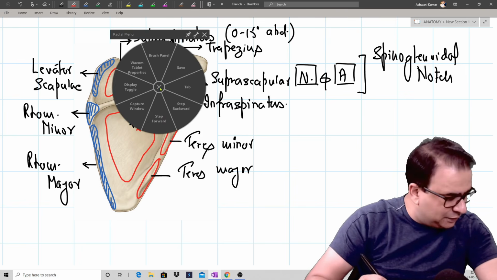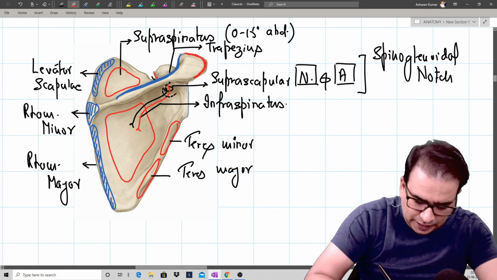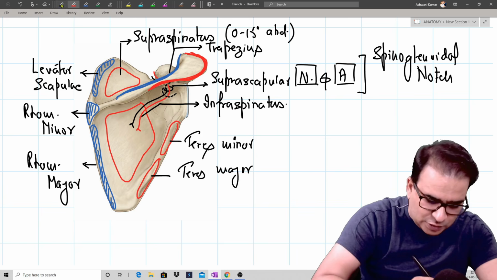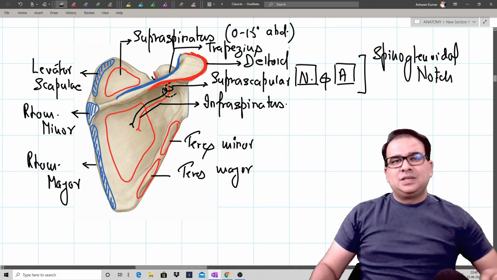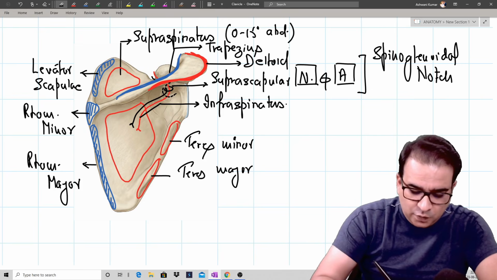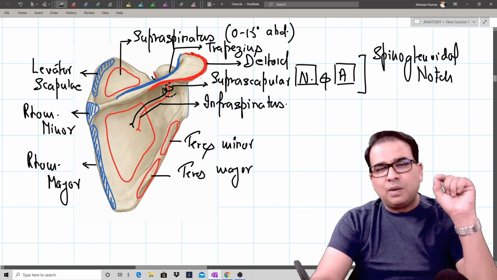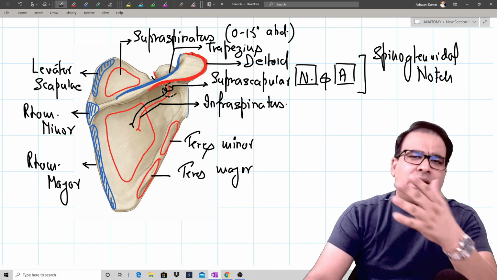And then we have this extensive origin of the deltoid muscle. Deltoid muscle, middle fiber will come from this acromion process, and posterior fiber will come from the lower lip of the spine of scapula. Now I'm just going to go to that interesting part I was talking about. This is the origin of deltoid. The multipinnate middle fiber of deltoid will come from this lateral aspect of the acromion process, and the inferior or lower lip or lower border will provide the origin to the posterior fibers of the deltoid. Anterior fibers come from the clavicle.